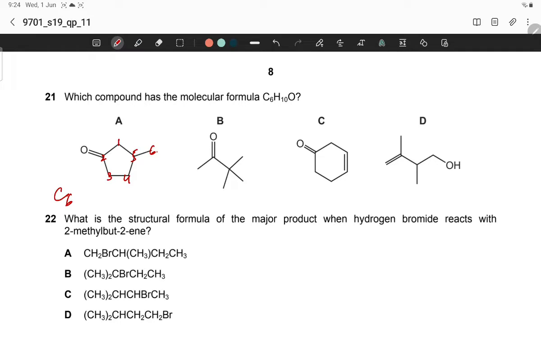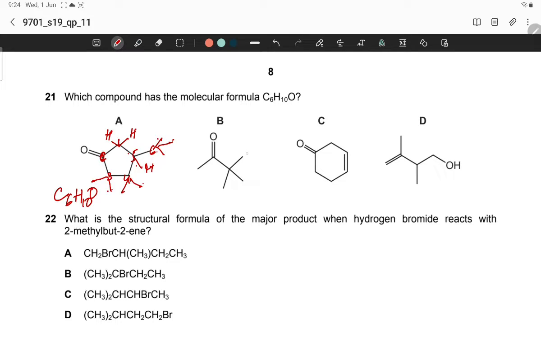C6H, 1 2 3 H, 1 2 3 4 5 6 7 8 9 10. C6H10O